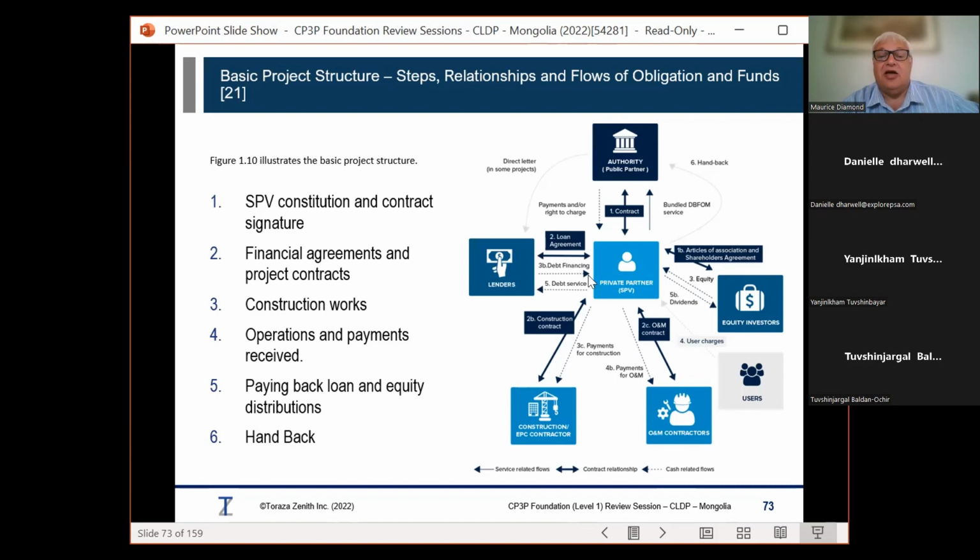And then after they've become equity investors, the authority will sign the contract. This is the upstream contract with the SPV,